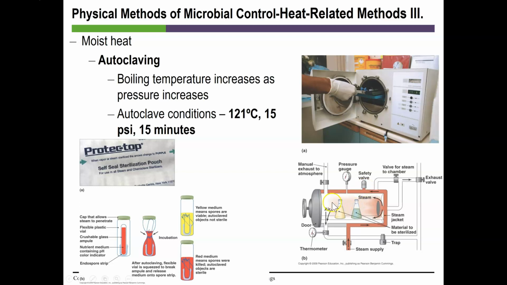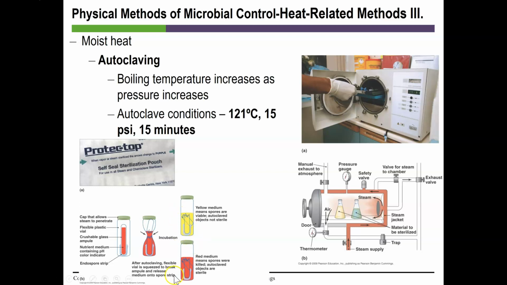What you see down on this lower left of the slide is a set of controls to ensure that your autoclave is working. Here you have a vial that has liquid nutrient media in it. The vial also has a pH indicator in the medium, and outside of that inner vial, you have some endospores that are very heat resistant. To run a control of your autoclave, you would place this test vial into the autoclave when you run a cycle. When you're done, you remove that particular vial and take a fresh one that has not been autoclaved,